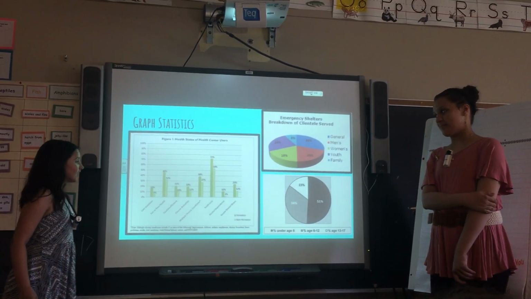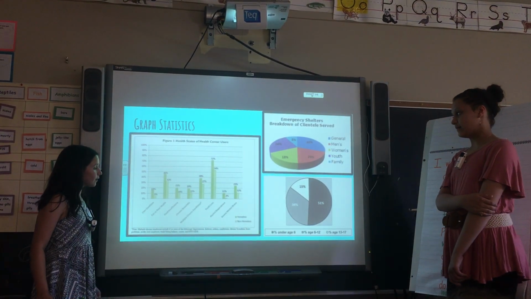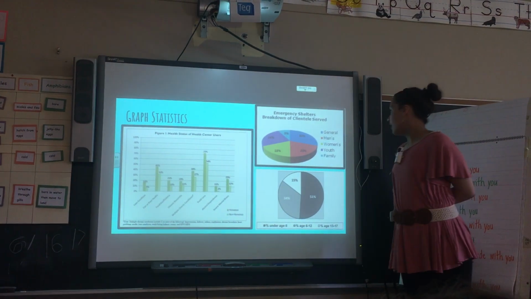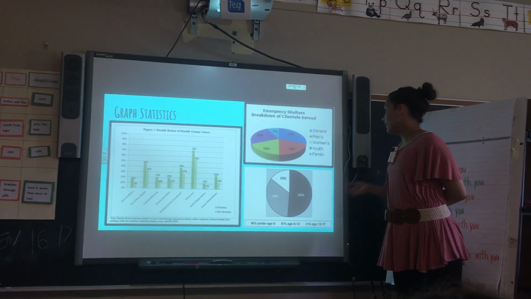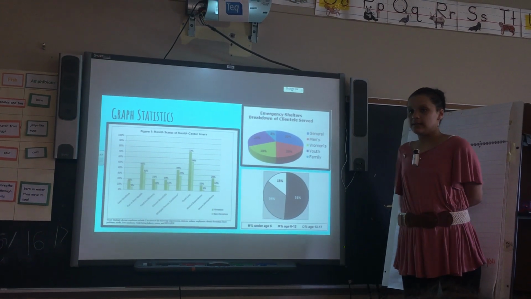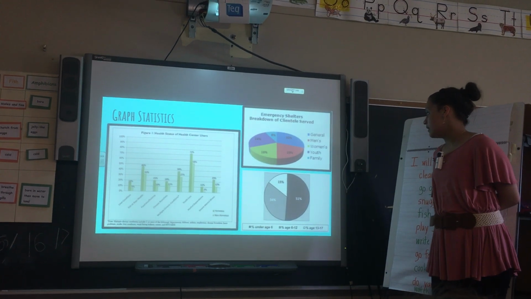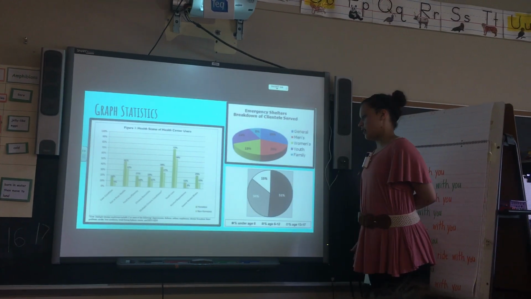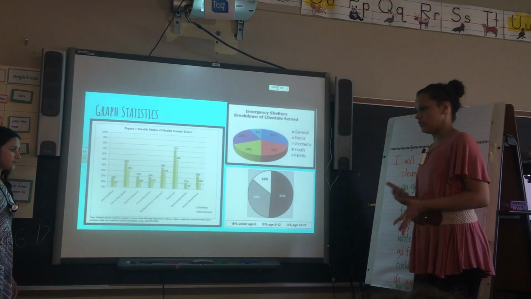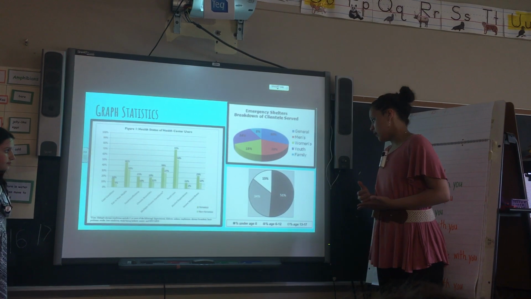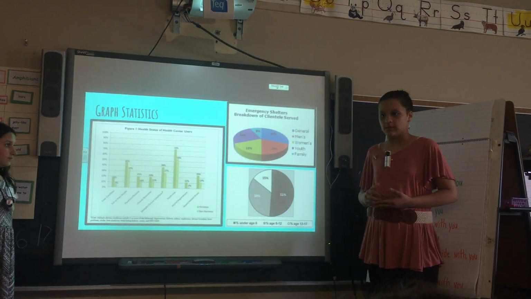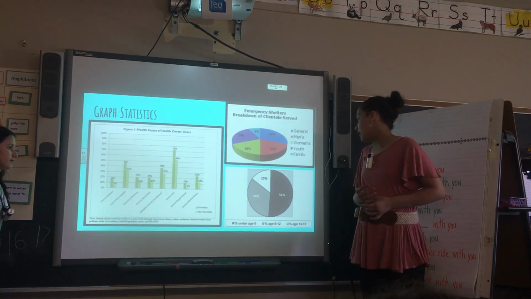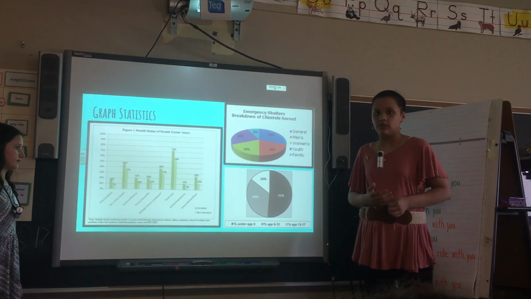Severe mental illness. 25% of the homeless have a severe mental illness and only 12% of the non-homeless do. Emergency shelter breakdown. In general, 30%, men's 20%, women's 18%, 24% is in youth, and only 8% is in family. And then in this chart, it's how many kids are usually homeless with their family. Under the age of 6 is 51%, which is just a little over half. Ages 6 to 12, 34%, and 15% is ages 13 to